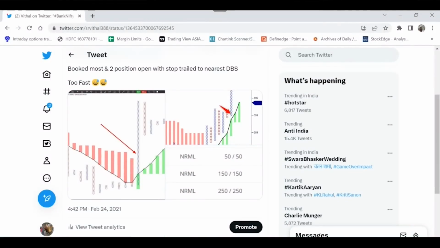I'll show you one of the trades. The fact that the straddle itself is bullish means there is big momentum both in Bank Nifty and in one of the legs of the straddle. That's why the straddle is bullish. Correct. So one thing I would like to add is when the straddle is trending upwards, it means it is bullish. Definitely look for single leg option buying. Correct. And you can do it with more lots because now the probability is in the buyer's favor. Here is one of the examples.